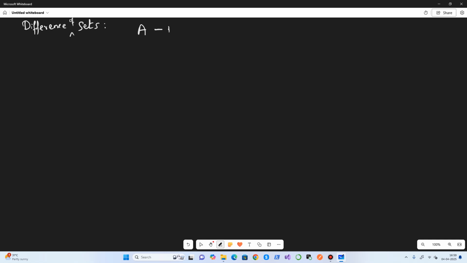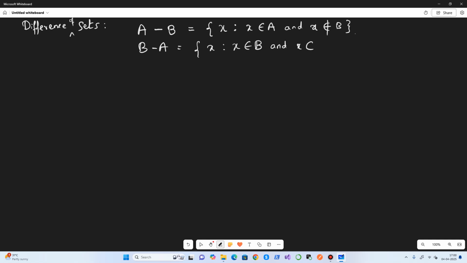We define A minus B as the elements X which are in A but not in B. That is, X is in A and X is not in B. Whereas for B minus A the definition is different, because X belongs to B and X is not in A. Therefore A minus B is not equal to B minus A. The commutative law is not satisfied for the difference of sets, so that is very important to understand.